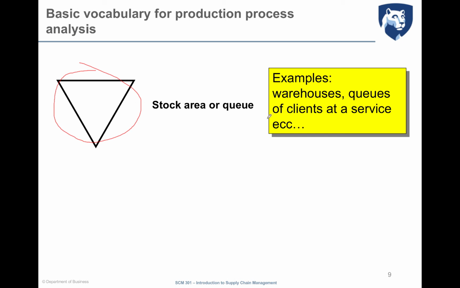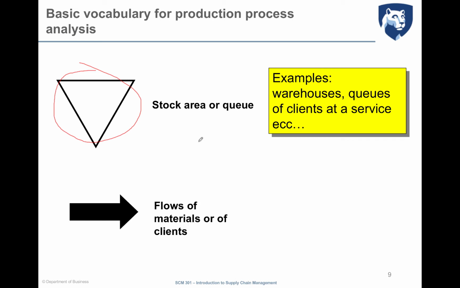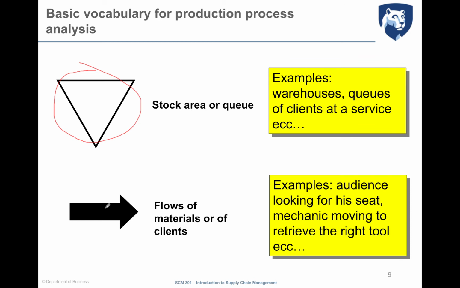Again, we have seen that different activities, different machinery in different phases can work at different rates. It happens that some queues can arise in front of the machinery or in front of a production phase. This is a way to represent that at this point of the process a queue is present, or otherwise that at the end of these phases or activities there is a buffer of inventory, a buffer of stock. The arrow, and this is easier, is a way to represent the flow of material. So through the arrow you represent how the process goes on